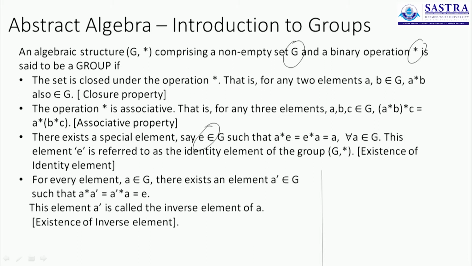The last condition that separates a group from a monoid is that there should also exist a special element A dash for every element A, such that the two elements when paired up will return the identity element. We will see more of it as an example to help you understand better. If all these 4 conditions are together satisfied by some algebraic system, we call such an algebraic system a group.